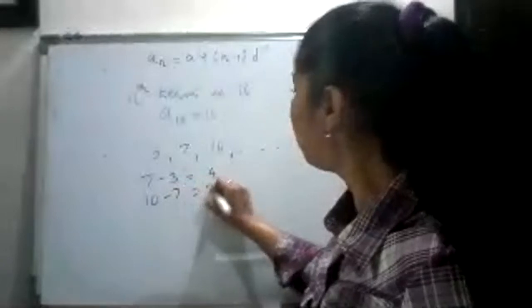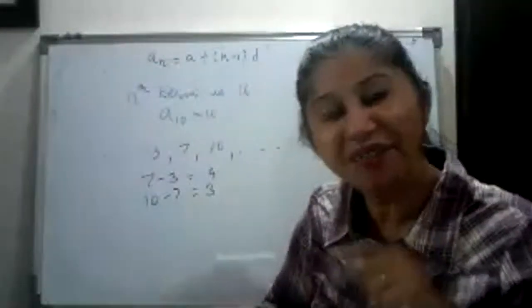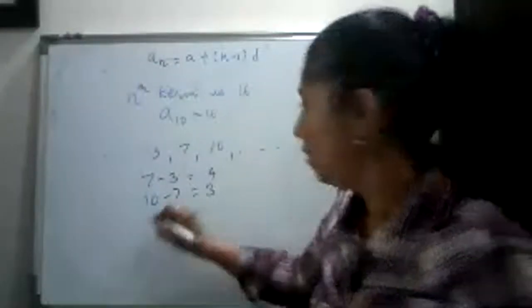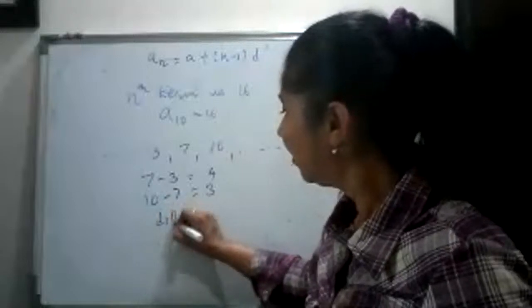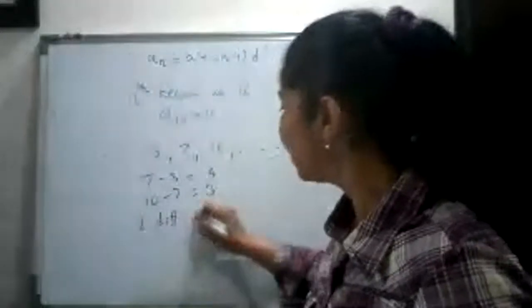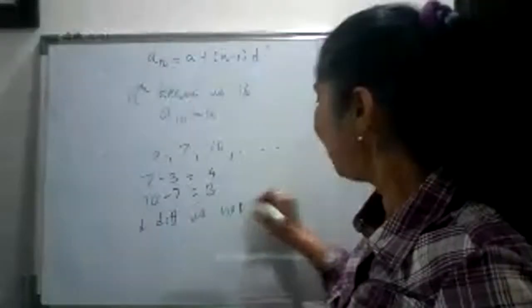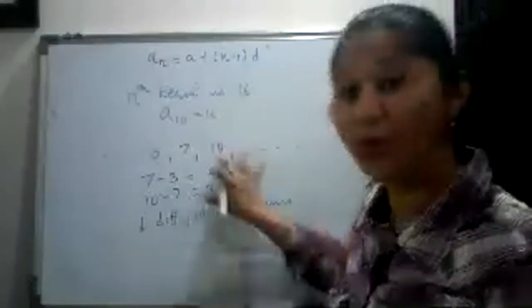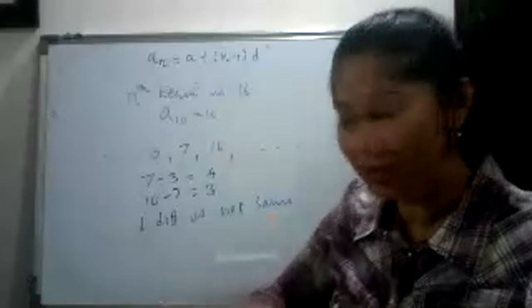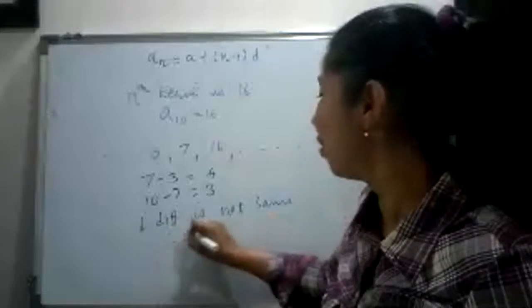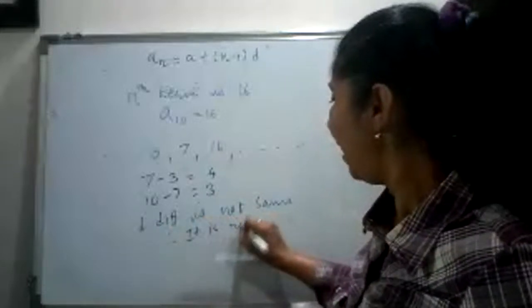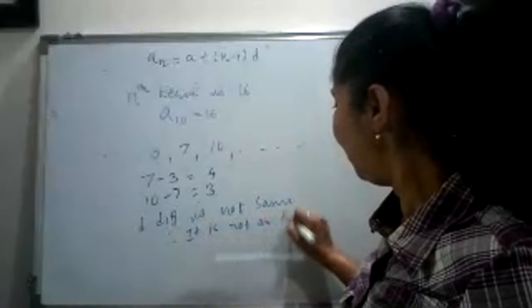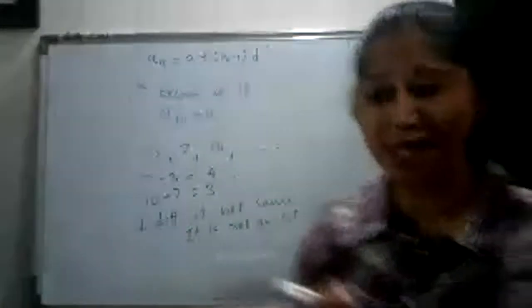7 3, is the difference constant here? No, the difference or the d is not same. तो क्या ये एपी हो सकती है यहाँ पे, नहीं हो सकती, and therefore you write it is not an AP। समझ में आ रहा है,